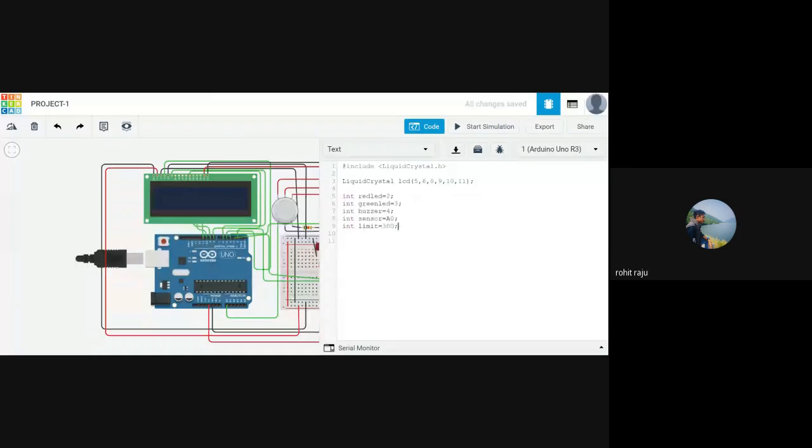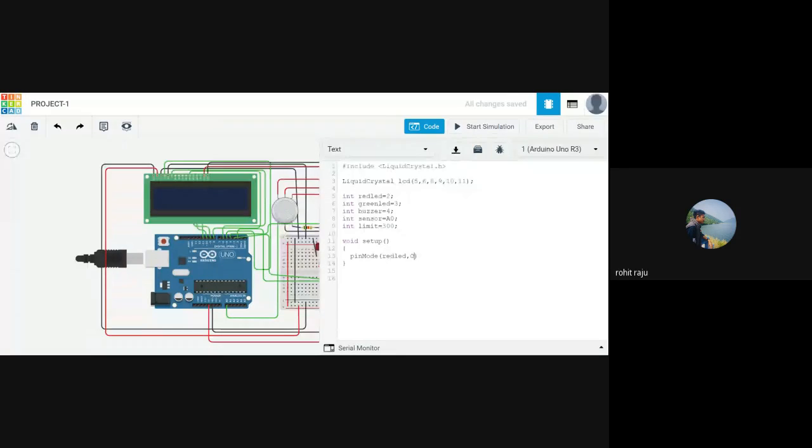And then let's start with setup. We shall give all the pin modes here. Easy part actually. So pinMode redLED, 2, comma, output.